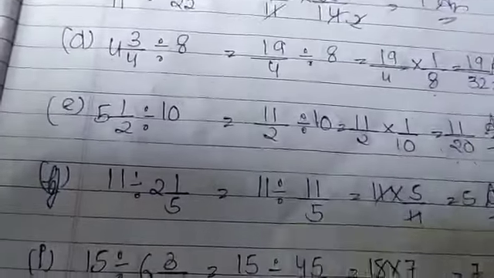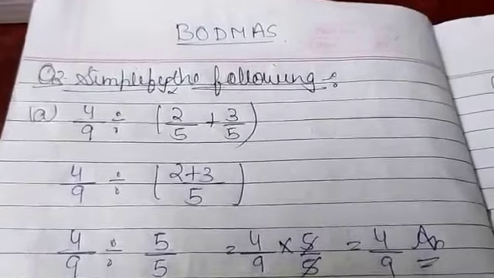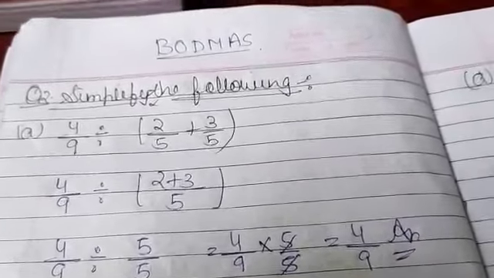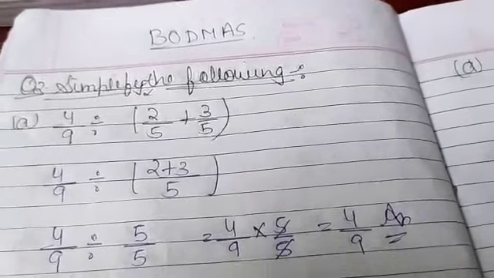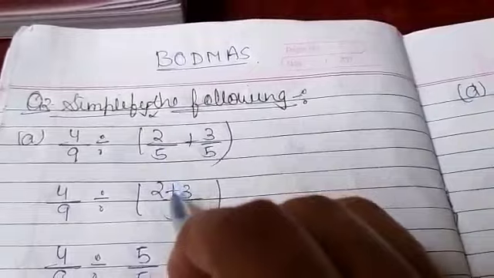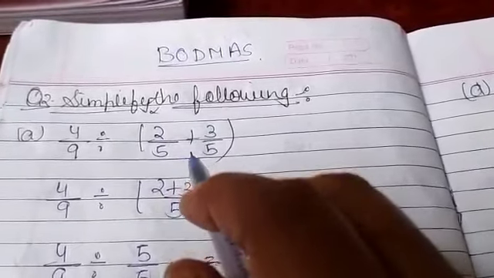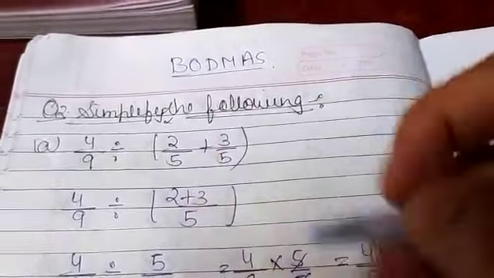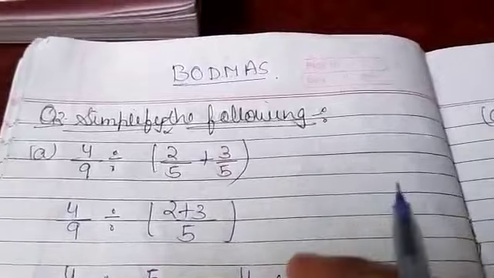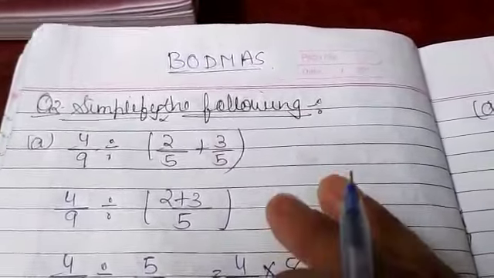Now moving forward, the next one is a BODMAS one. The rule is not given here, so you have to apply the BODMAS rule. But always remember, if such types of questions are there, you have to solve them in a systematic way. Don't just start from wherever you want. Solve it in a systematic way so that you don't make mistakes.